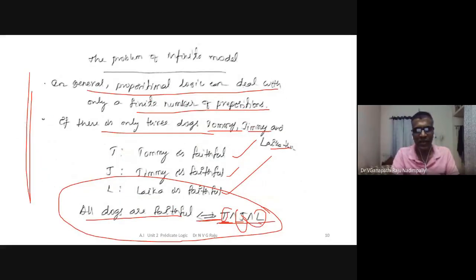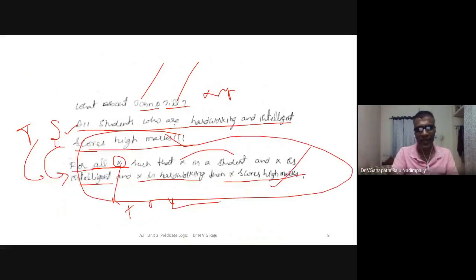In general, propositional logic deals with only a finite number of propositions. Finite number means it can be Jim, it can be Jill, it can be Laika, or whatever it may be. So only a particular one. It cannot be applicable for all students. It can be applicable for one or two students. Are you getting me? If a person X is studying well, if X is hardworking, X is intelligent, generally speaking it can be true, but